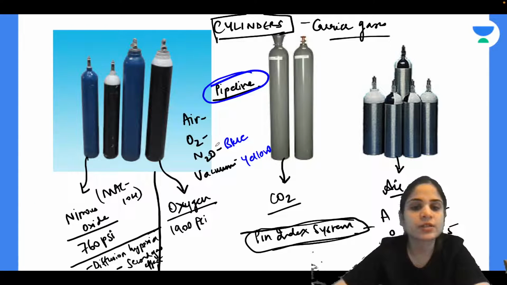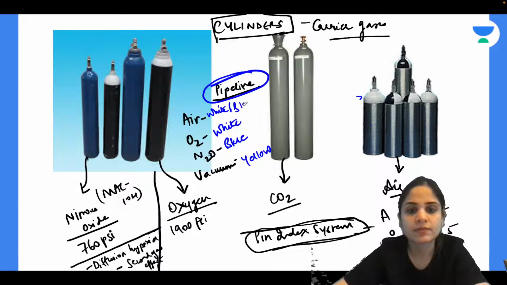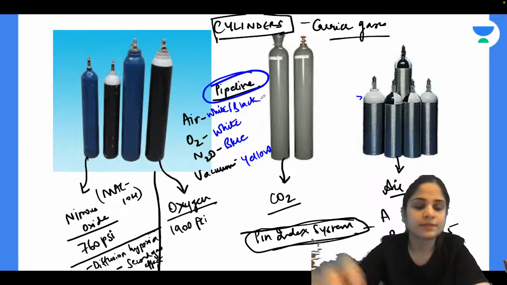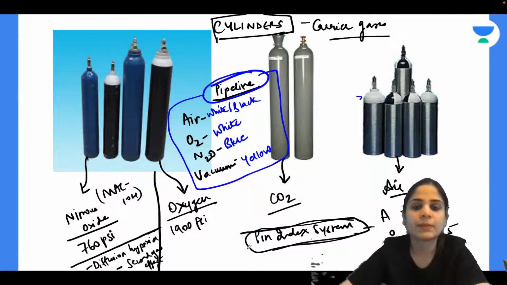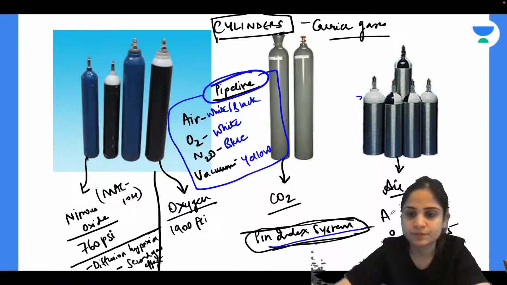Okay, color of oxygen pipeline. Now here the oxygen cylinder you can see is black and white, but the oxygen pipeline color is white. Okay, and color of the air pipeline is similar to that of the cylinder, alternate white and black stripes. Alright, okay, so these are color of all the pipelines. So you should know the color of all the cylinders, color of all the pipelines, and the pin index of all the cylinders. Alright?